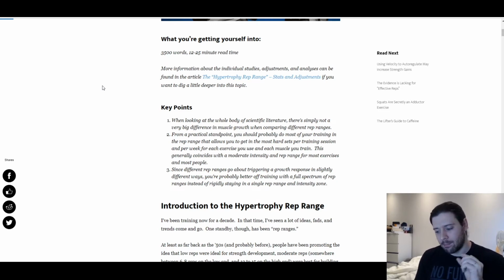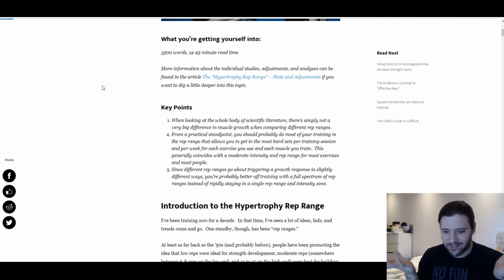And that's simply because most people don't want to go on the super high tension end or on the super high metabolism end, because those are both going to present their own challenges that are going to make it a little bit more difficult in the end if you're looking to build size. So the reality is that even while it's kind of a myth that you need to stay in the hypertrophy range to build size, and you can in fact build size in a lot of different rep ranges, the reality is that it is what it is. Like, you can build muscle anywhere. Most people are probably still going to enjoy the hypertrophy rep range, the 8 to 12 or so,